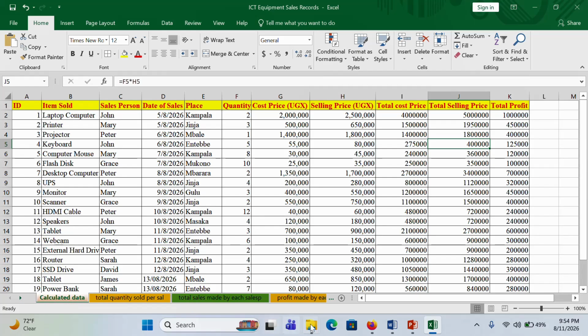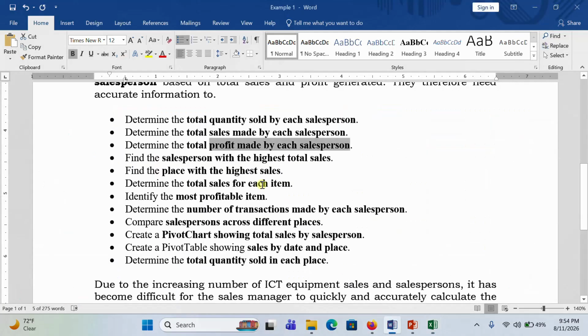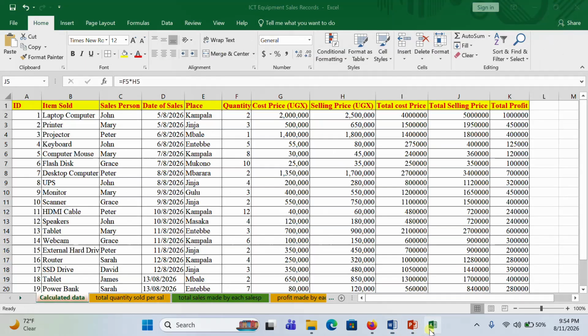We need more tables to come from there. So this time we need to find the salesperson with the highest total sales. But already we got total quantity and total sales made by each person. So I'm going to use this very table here to come up with this because already we have done it. So what I'm going to do, simply just come and look for total sales made by,